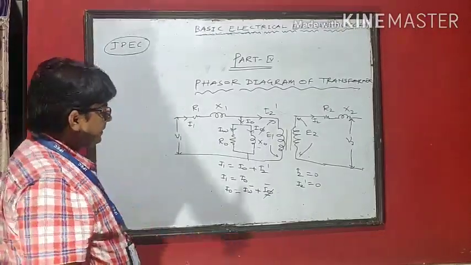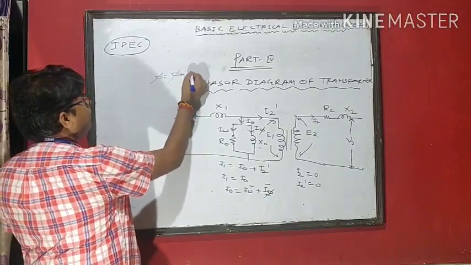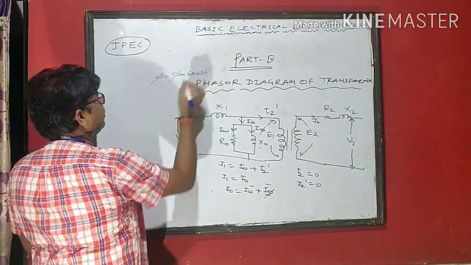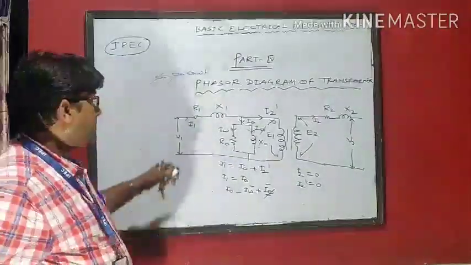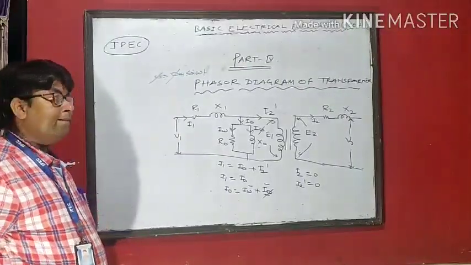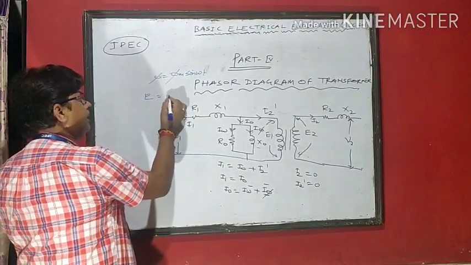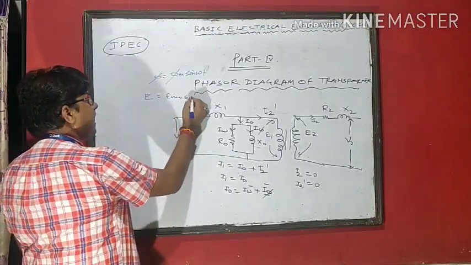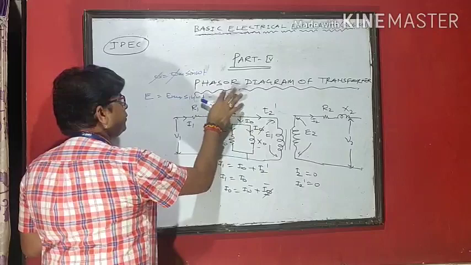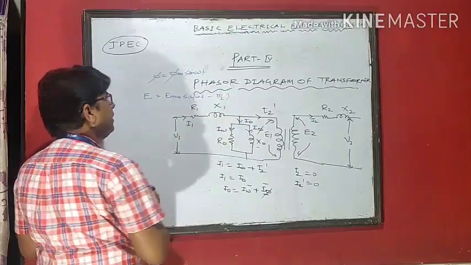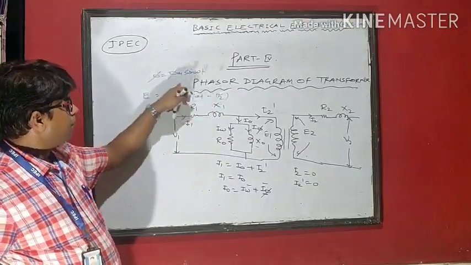Also we know that phi equal to phi m sin omega t. We already derived the EMF equation. Here we write phi equal to phi m sin omega t. Similarly, EMF equal to E max sin (omega t minus pi by 2). That means EMF is lagging by pi by 2 from the flux.